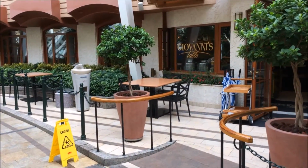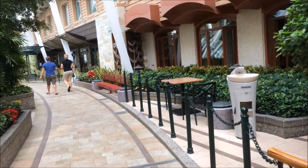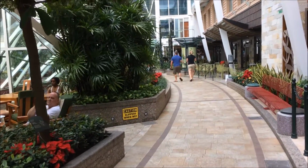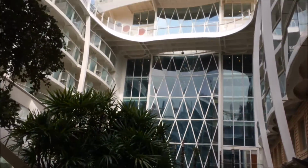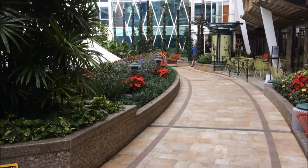Still at Central Park, Di Giovanni's Table, the signature item with Royal Caribbean cruise ships. And as we come closer towards the front of the ship, you can tell the beautiful glass, and you get higher and higher into the ship itself. So we're almost complete with walking through Central